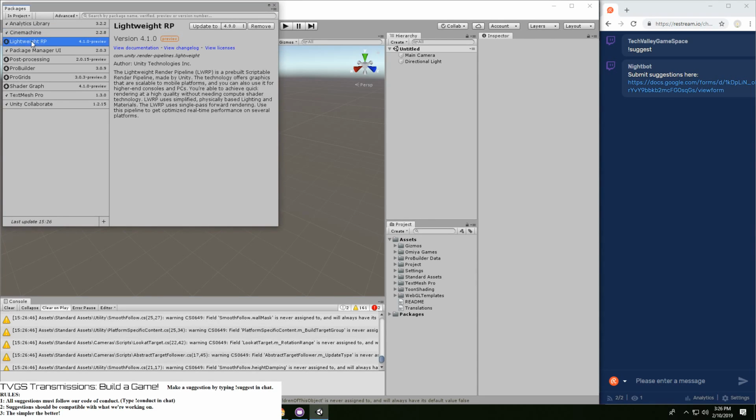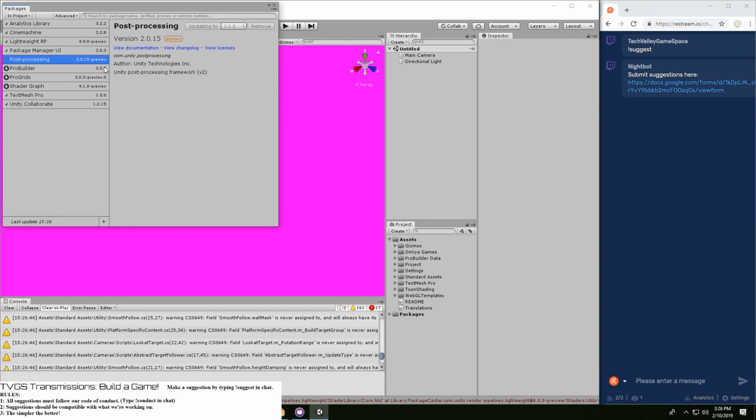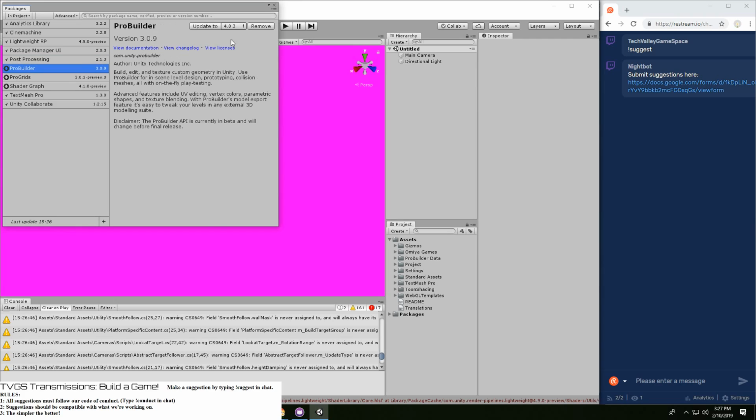Hey, so it's been a long while since we've done our build a game, so it makes sense that we have to kind of update everything over again. If you're looking at that magenta screen, don't worry, that just means that all the shaders need to be updated. All the materials need to be updated, basically. I don't think that's going to be a problem because the scene that we are accessing is not there at all. I don't think we created a multi-camera setup because recently that support has been dropped.